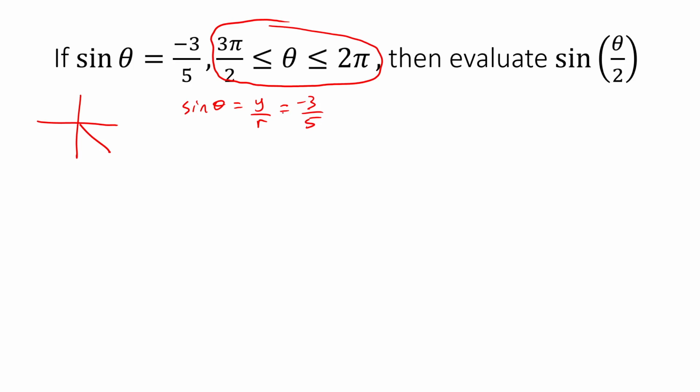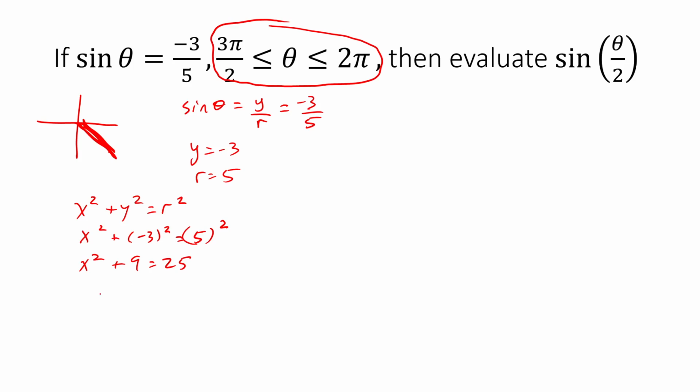Since r has to be positive, we can say therefore y is negative, which actually makes sense based on where the terminal arm is. So we're going to say that y equals -3 and r equals 5. Let's find out what x equals. x squared plus y squared equals r squared. So x squared plus (-3) squared is equal to 5 squared. x squared plus 9 equals 25, which means x squared equals 16, which means x is equal to 4, but